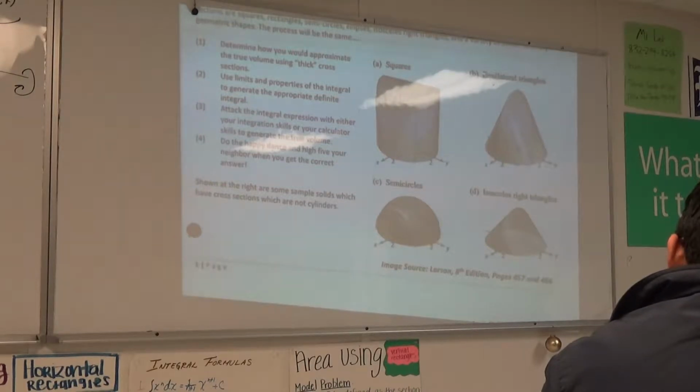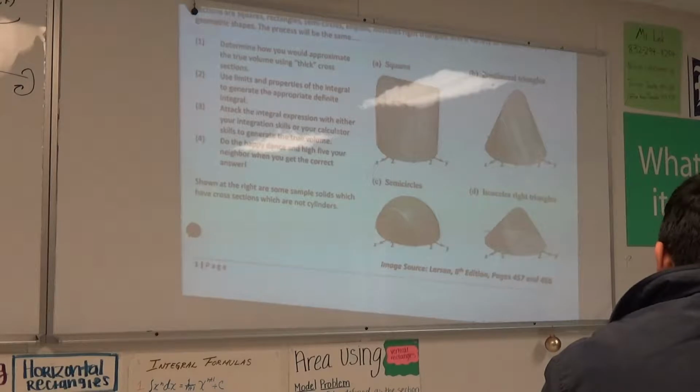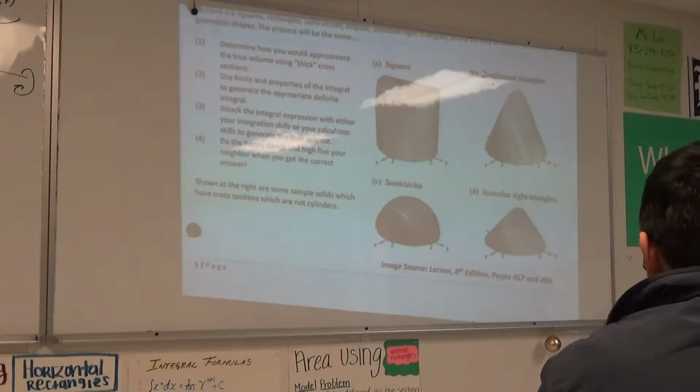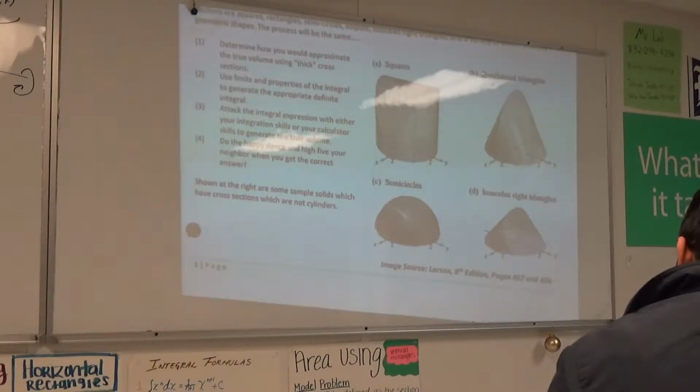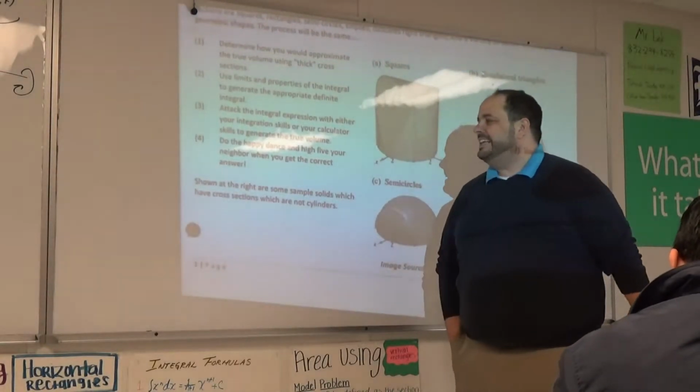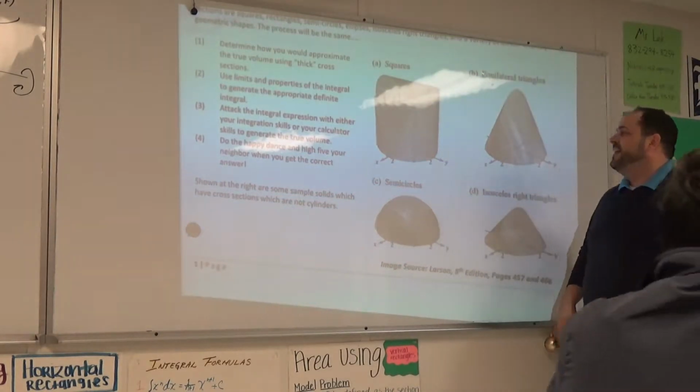Determine how you would approximate the true volume using thick cross sections. Thick cross sections, my bad. Use limits and properties of the integral to generate the appropriate definite integral. Attack the integral expression with either your integration skills or your calculator skills to generate the true volume. Do the happy dance and high five your neighbor when you get the correct answer. Okay,